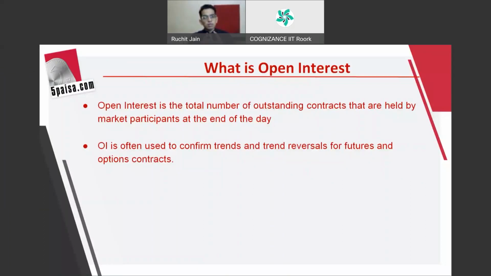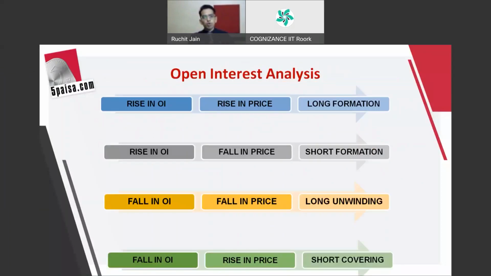The way to analyze a futures contract is different. This is how you analyze open interest in a futures contract. In futures, open interest is always analyzed with the price movement. Price goes up or price goes down, open interest goes up or open interest goes down, right? When will open interest go up? When new positions are getting built. When will open interest go down? When existing positions are getting squared off, correct?